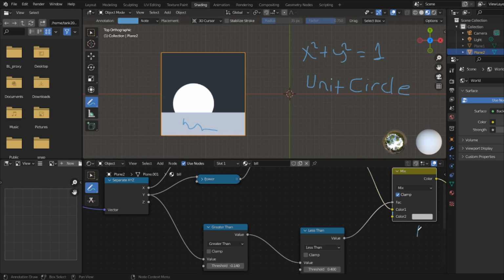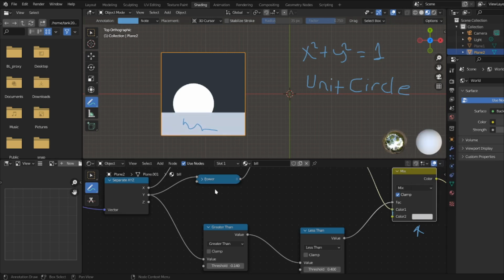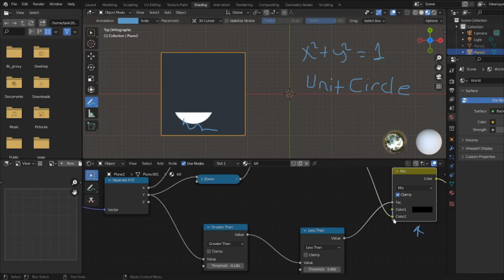If I want to get rid of that, I just hit here. You can just manipulate that, and you see it's white. But the effect that I wanted was this one, the color 2. I really wanted this effect right here, because my shape doesn't look like the shape that I wanted, so it's best to put it in color 2. That's what I really wanted right there. So you see,